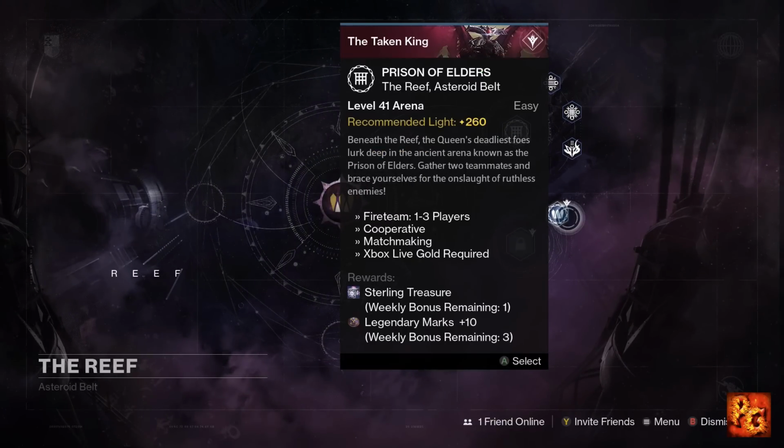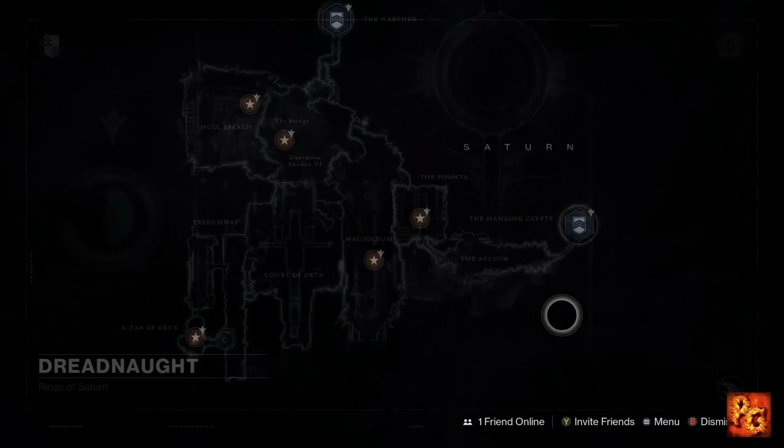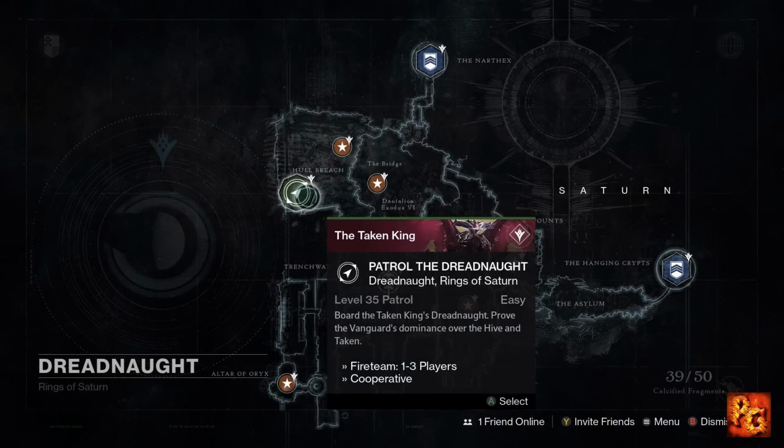But if you're not able to solo the Challenge of Elders, then Prison of Elders works just as good. It just takes a little bit more time. Another really easy way that you can get some legendaries: patrol, man. Patrol the Dreadnought. Go to the Dreadnought, run around, collect your Wormsinger runes and your Cabal deployment codes and stuff